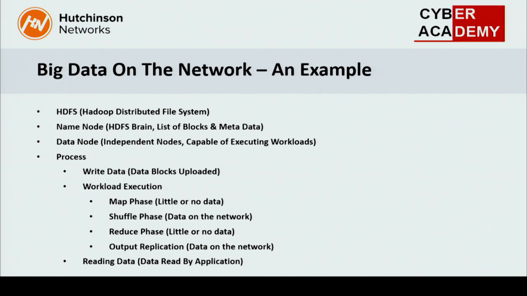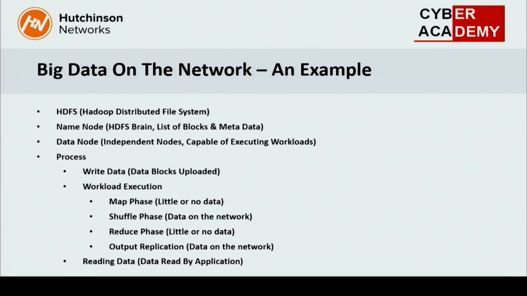So in the mapping stage, you're taking that name node, and if, for instance, you've got, I don't know, a data set with 100 million records, and you've got 100 nodes that you want to split that across, then you'll do some mapping and you'll take a million records and spread it out across all of your data nodes. That stage is called shuffle. Then when they get the data and actually do the processing, that's called reduce, and then we move into the output. And then finally, at the bottom, you've got the reading of data.